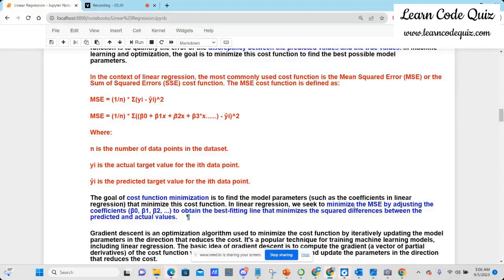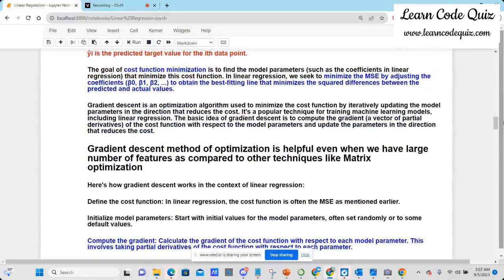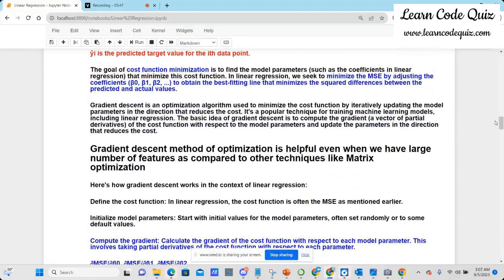We seek to minimize the MSE, the mean square error, by adjusting the coefficients beta naught, beta 1 and beta 2. So in other words, I need to adjust these coefficients to minimize this error. Now, how do I adjust the coefficients? I adjust the coefficients using something called gradient descent, right? So what gradient descent is doing is,